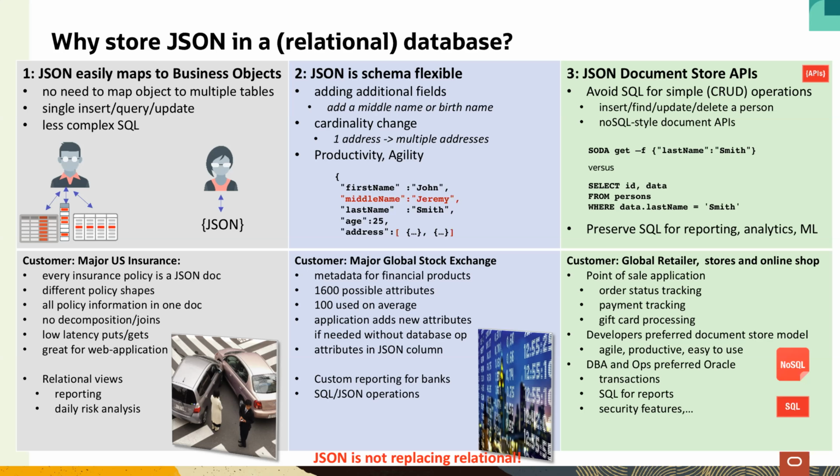Another use case is an insurance company which stores every insurance policy as a JSON. And you can imagine a life insurance looks different than a car insurance or liability insurance. So you have all these different schemas. And with JSON, you don't have to deal with a complex normalization in the first place, that is able to express all these different schemas, so to say.